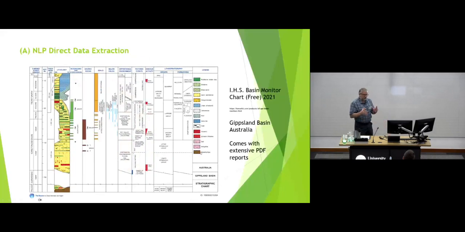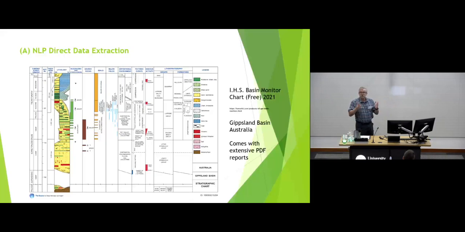This is an example of a summary, a stratigraphic summary from IHS, which is now S&P Global. And this is really just to illustrate that sometimes when we gather information together and then we summarize it, we can then miss out some information, just human error. Sometimes we just sort of smooth things out. So this is from the Gippsland Basin in Australia.